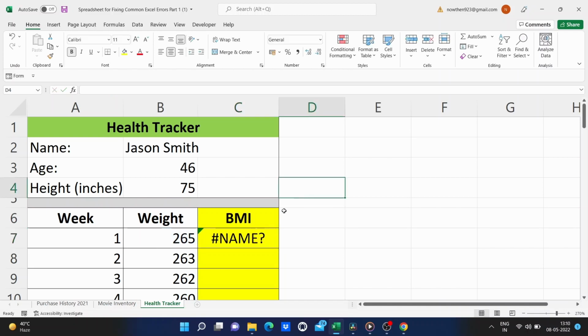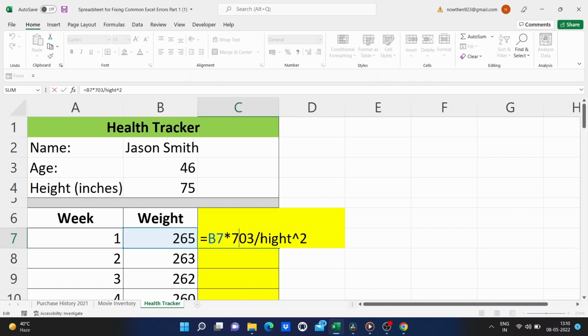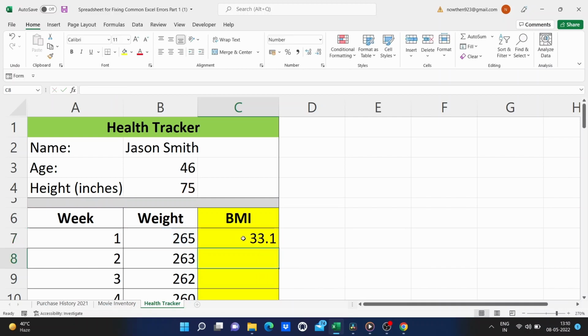You just need to be careful whenever you see that name error. It usually means that you've typed something incorrectly, you've misspelled it, or maybe there isn't a cell named this exact thing. So you need to check to make sure that you've used the correct word spelled correctly. One way to do that with named cells is just go here to the upper left corner. This is the name box. And if you click this arrow, it gives you a list of all of the names that you've used in this workbook or spreadsheet. So you can see height. It's spelled that way. That's how I need to spell it when I'm typing.